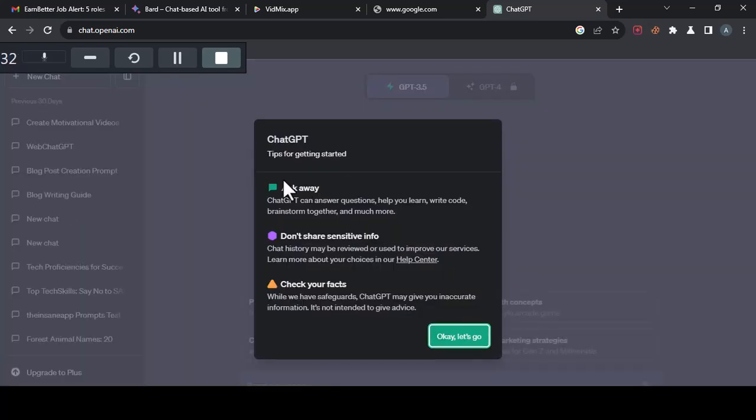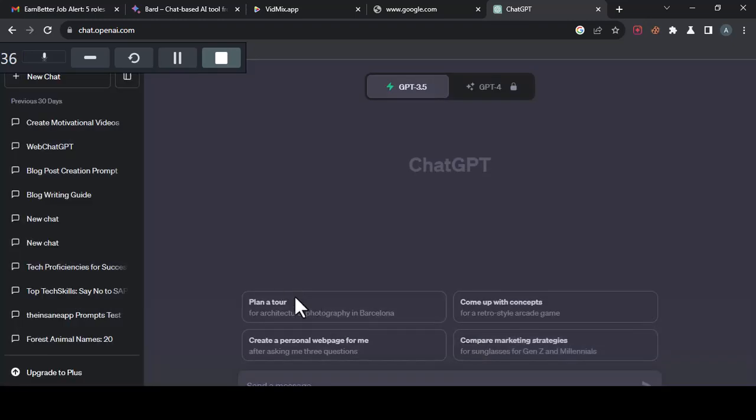So here it is. I'm into the Chat GPT now. So this is how the interface looks like. You have here, which is your history, any chat you have done previously. Then here is where you can ask it anything you want to ask it. These are some examples: plan a tour,